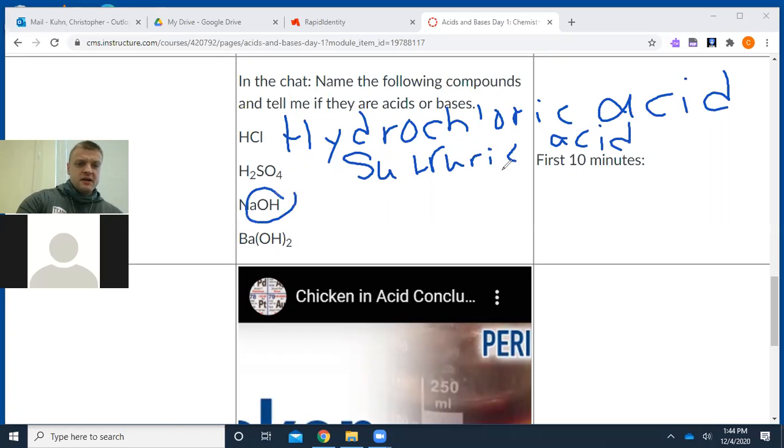Okay, OH. If you remember, anything that is OH is a base. Anything with a hydrogen in it by itself is an acid. So for those of you who put acid for the first two and base for the second, you are correct. And when you look at this, all you do with these, remember we talked about naming polyatomics,